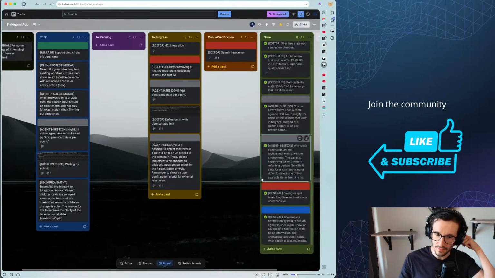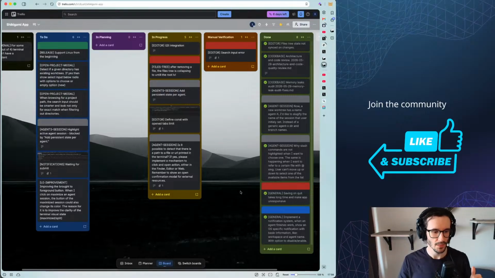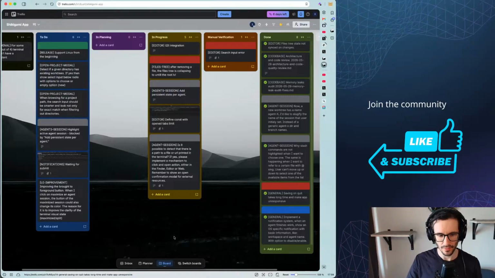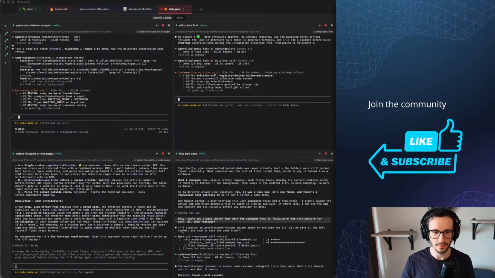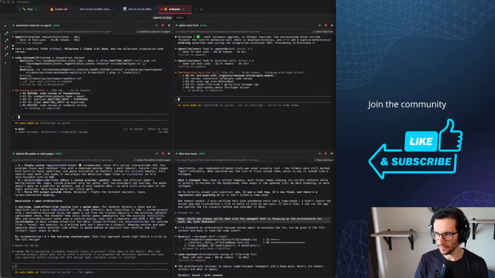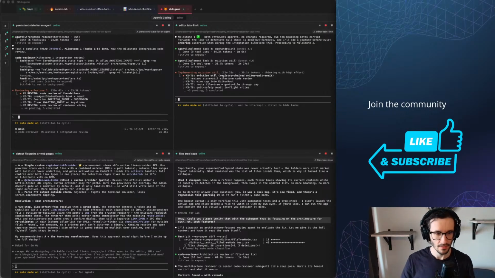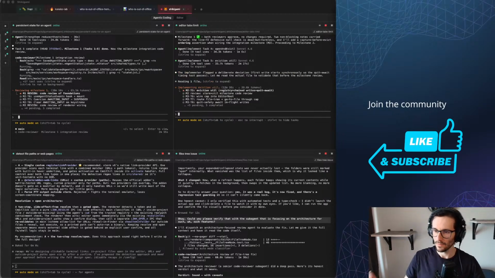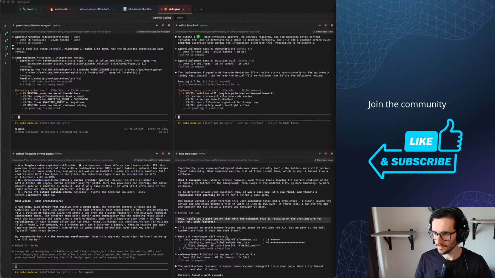So how it works, the notification system. Whenever you switch focus from the Shikigami app to another app, and there is an agent that is working on something and the work is done, you should receive a notification.